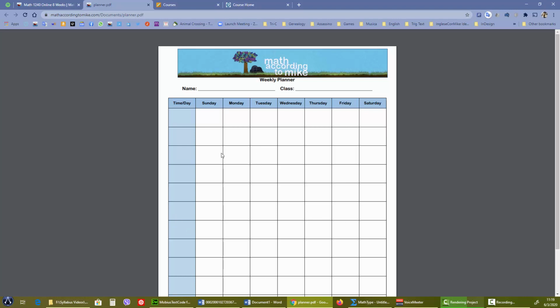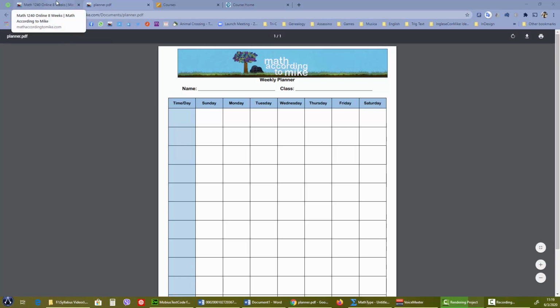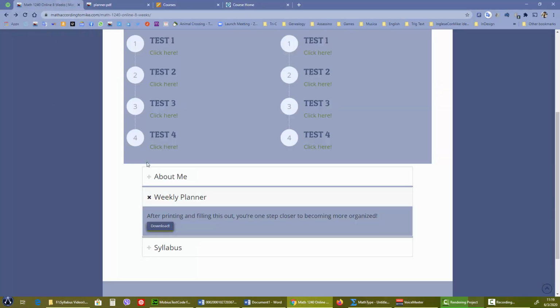The purpose of this is to see how much time you have in a week, because depending on your class, you might need between 15 to 20 hours per week. So I need you to find your 15 to 20 hours somewhere on this calendar. About Me and the planner are both going to be due at 11:59 p.m. on the 15th of June. So you have 1 week for both assignments. Okay. Remember, those are some of your tasks that you have to do.